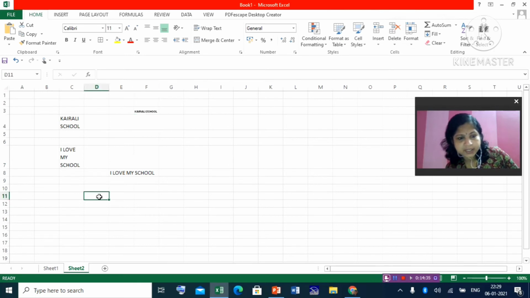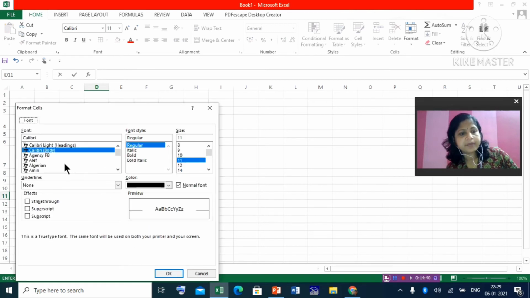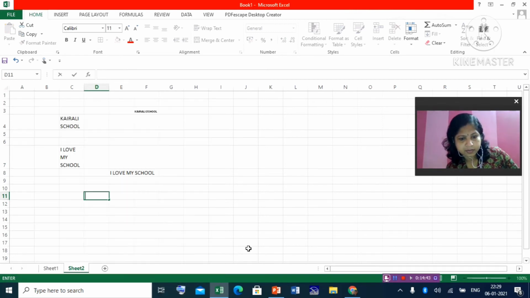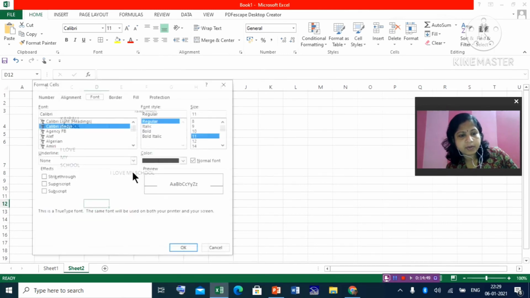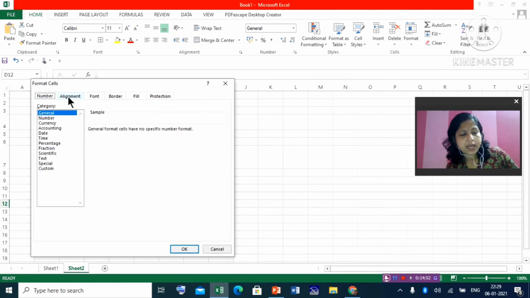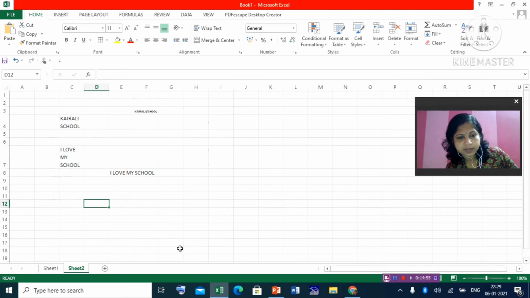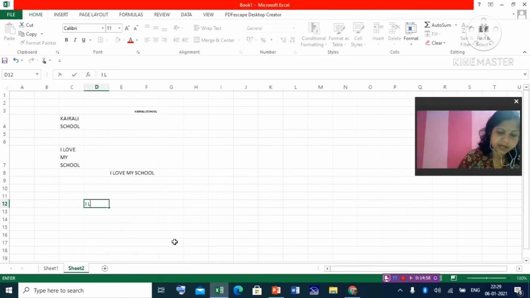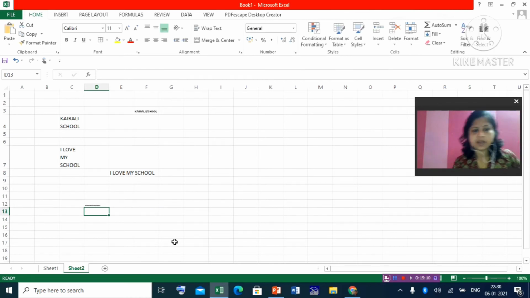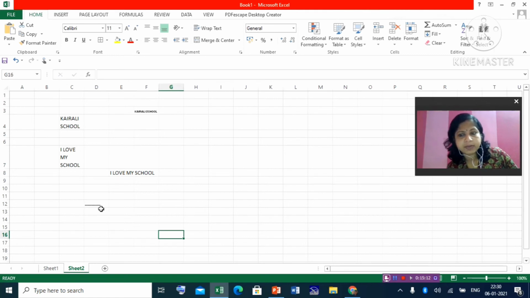Suppose one more big sentence. First make it format cell. Select the cell, right click, go to format cells. Go to alignment, make it shrink to fit. Okay. So here I will write a big sentence like this. You will find that as if nothing is visible, because shrink to fit squeezes it and fits it in that cell.